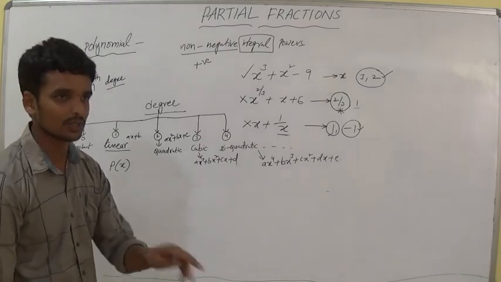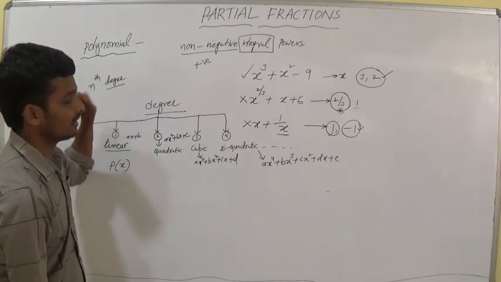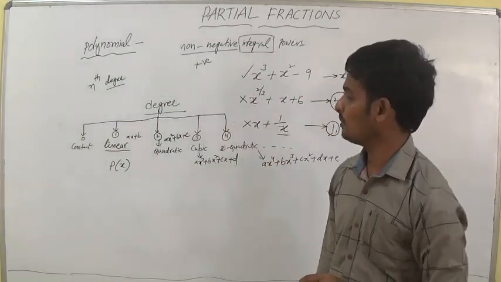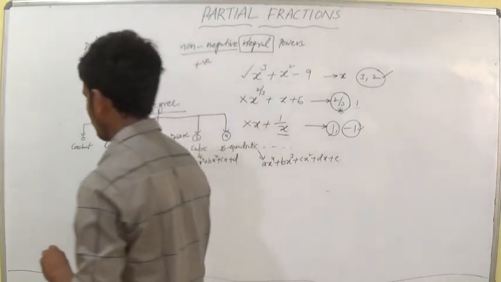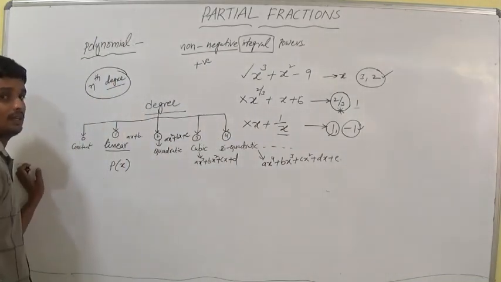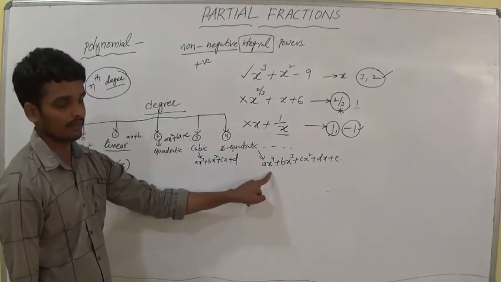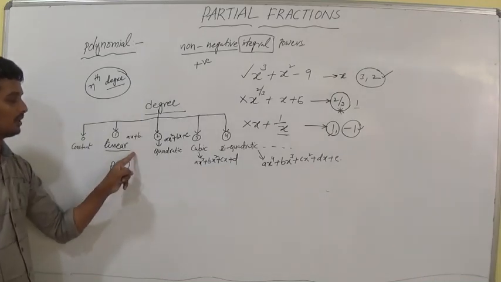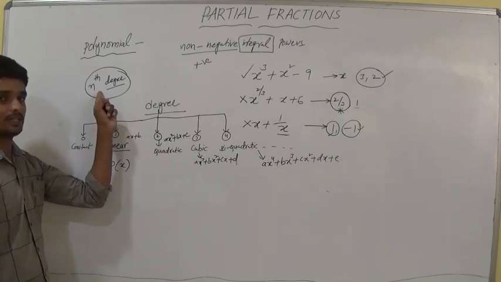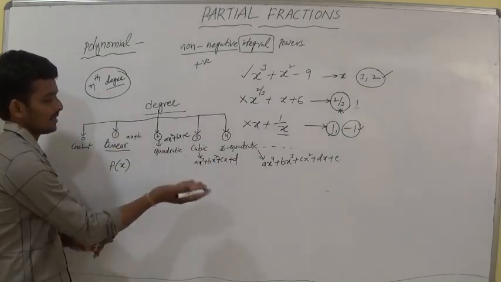Now I am asking a question to you. The question is, can you write the polynomial with nth degree? You have to write a polynomial with nth degree. Polynomial రాయాలి. ఆ polynomial యొక్క degree ఎంత ఉండాలంటే n ఉండాలి. So here, if you observe, the degree of the polynomial is 4. Here 3, here 2, here 1, here 0. I am asking, the degree of a polynomial is n. Can you write?